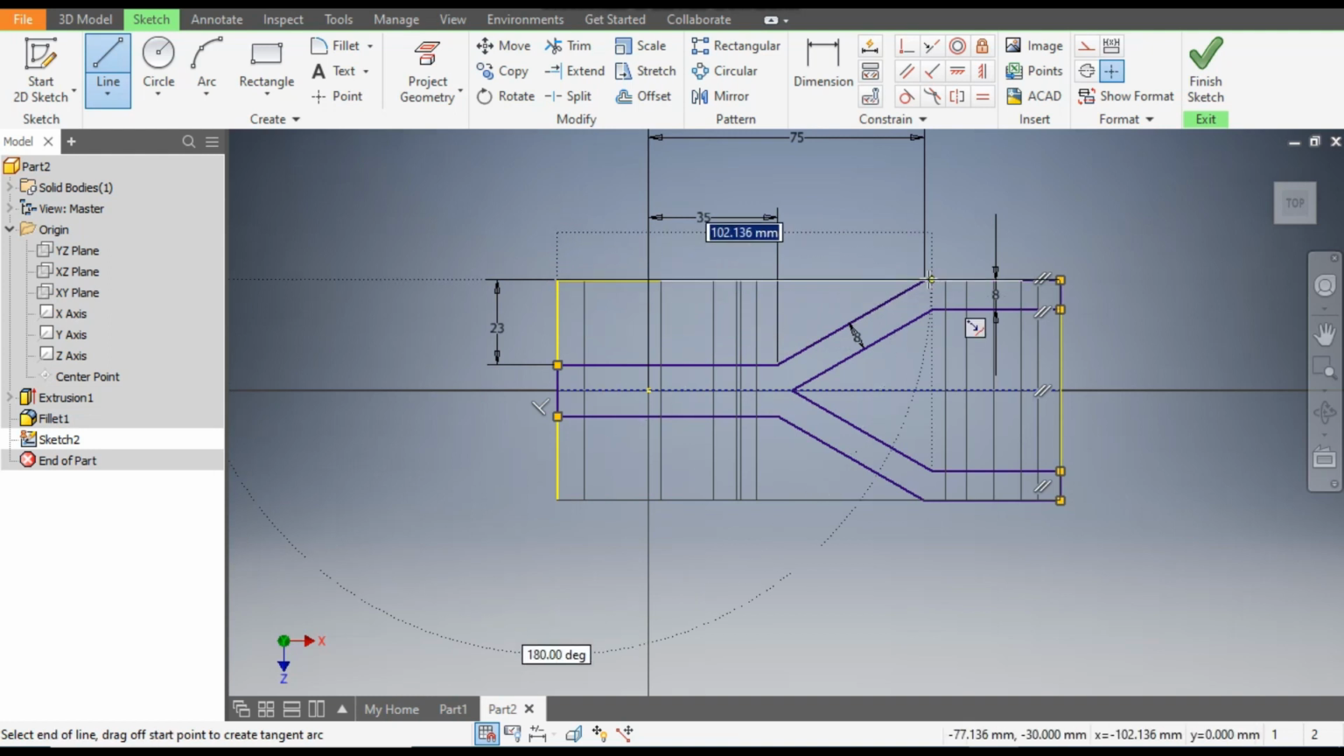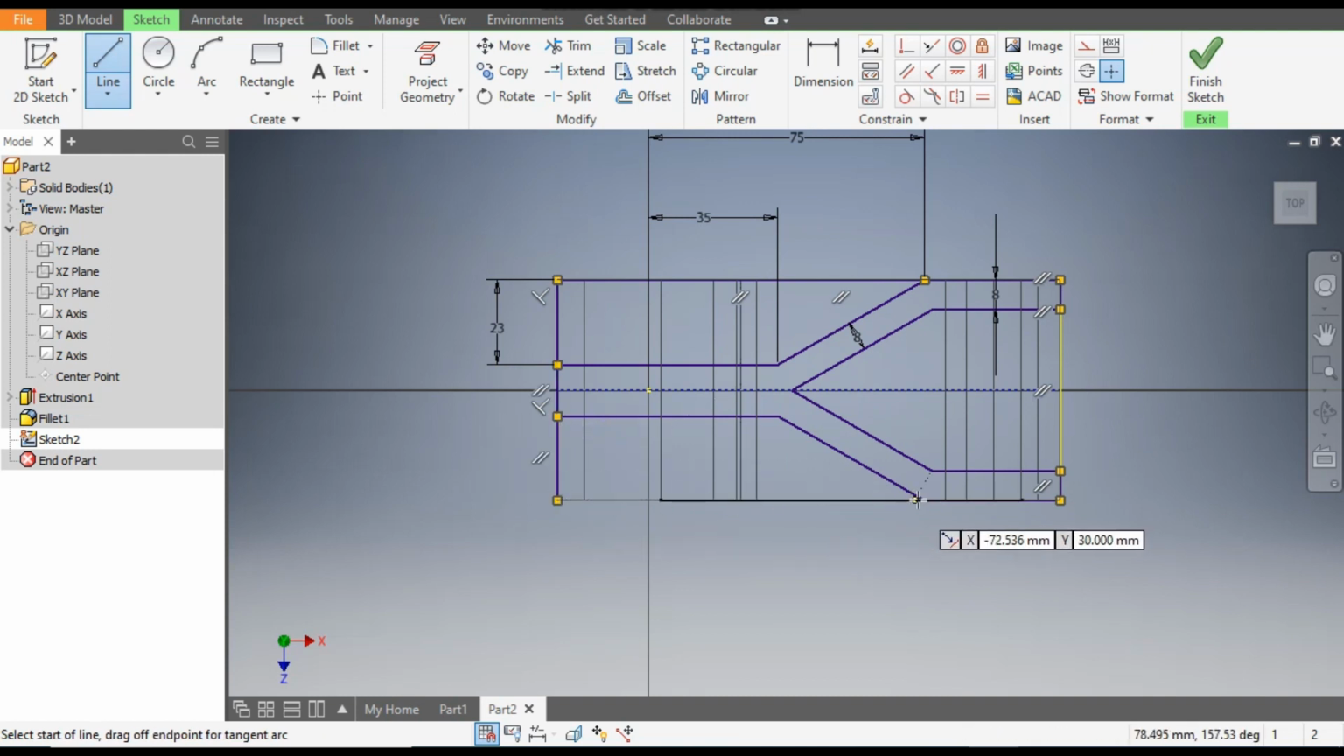Now make the extra profiles for cutting. This profile will remain, and this outer and this outer will be cut from here. Select here and this and join this. Okay. Now finish sketch,